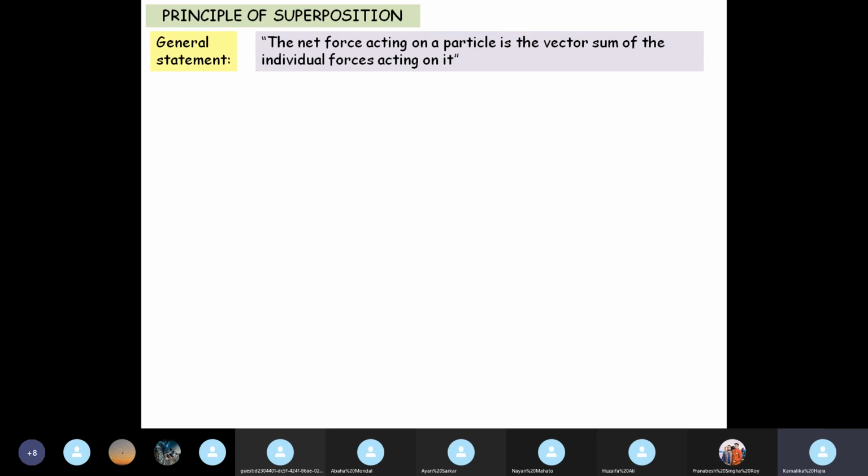Now, why am I repeating all this? Because today the thing that we are going to study, that is electric field, for that we will require the knowledge of all this. So I am just trying to recapitulate what we did so that there is no gap in your understanding. So the principle of